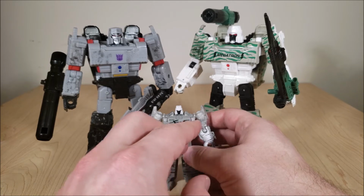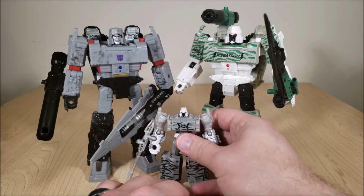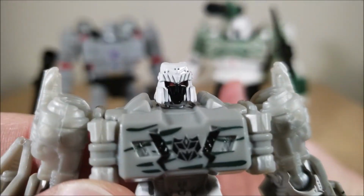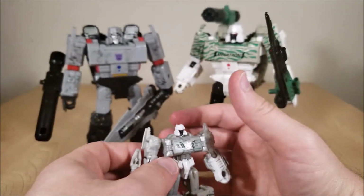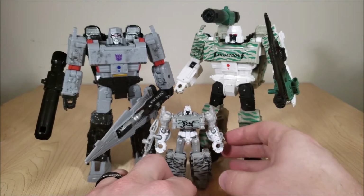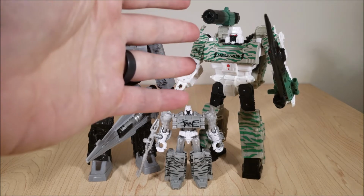I entertained the thought that maybe they were using this toy as a reference and then mistakenly gave him this head, but when you look at the actual details, they don't add up. The shapes on the helmet aren't the same. This one is much more intricate, much more accurate to the actual artwork for that Megatron. So I don't think that was the case, which leaves me looking at two possibilities for why they chose this